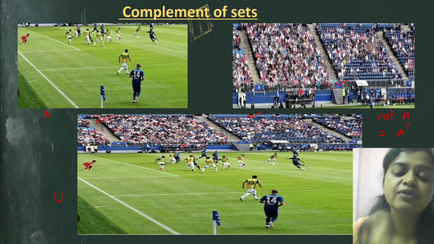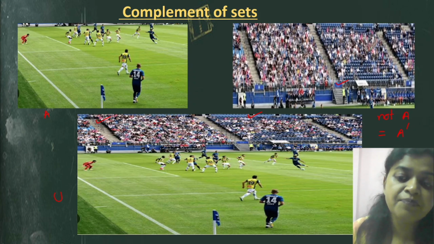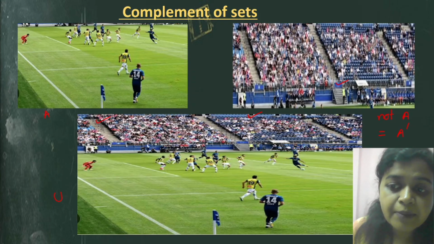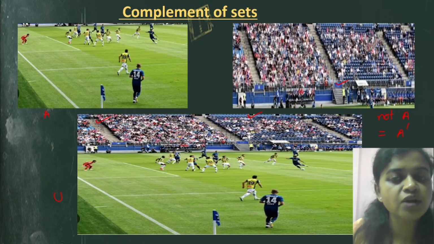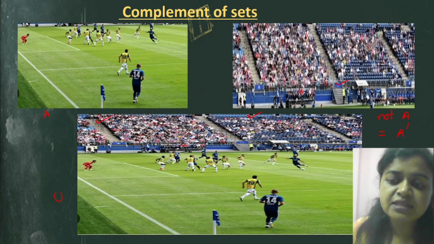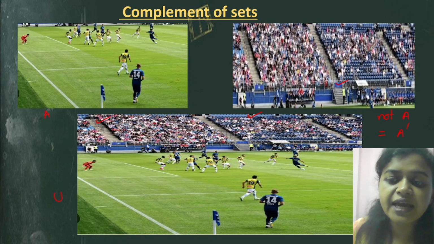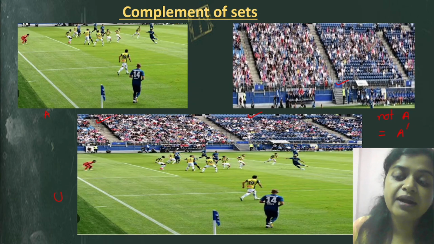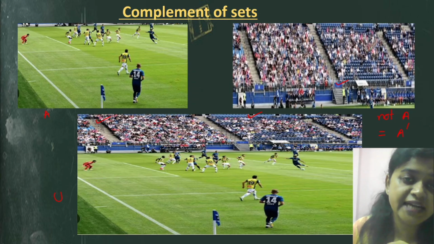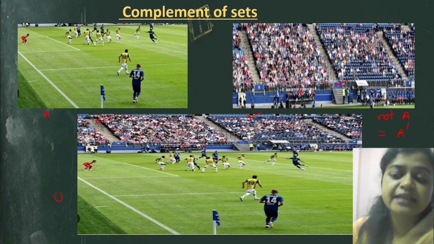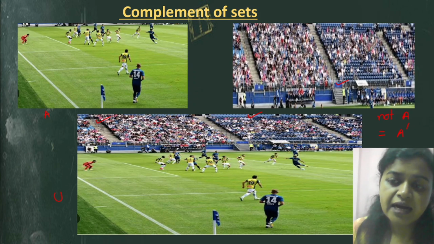Suppose you want to find the complement of any set, say B. So what will you get? B complement. You can read this as B dash or B complement. Suppose C is any set and you are finding the complement of C. We will get C complement. And how do we get it? If you subtract the certain set from the universal set, we will get the complement of C. Got it?